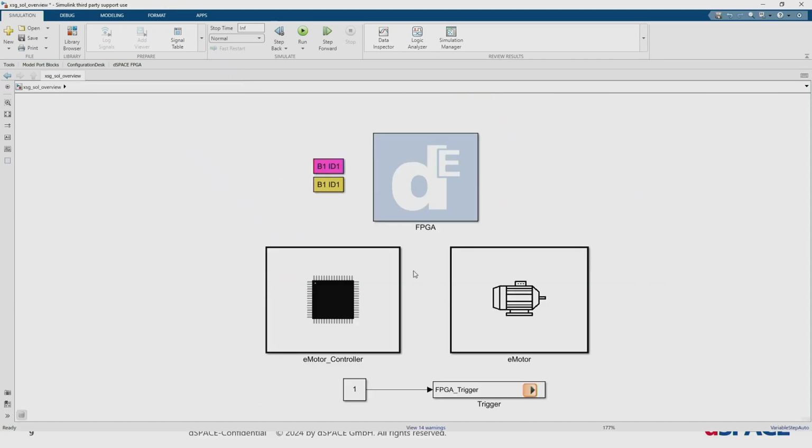Here I have a demo showing how various components from different XSG libraries can be interconnected seamlessly in order to implement a field-oriented control of a permanent magnet synchronous machine. As shown, we have a processor side which is sampling at 1 kHz and an FPGA side which is sampling at 125 MHz.